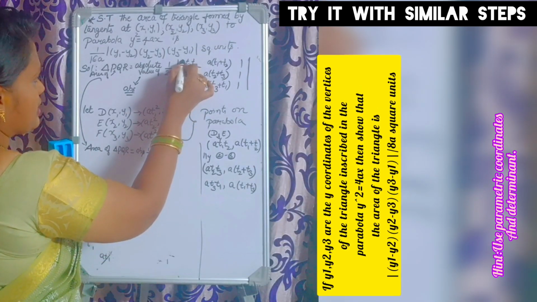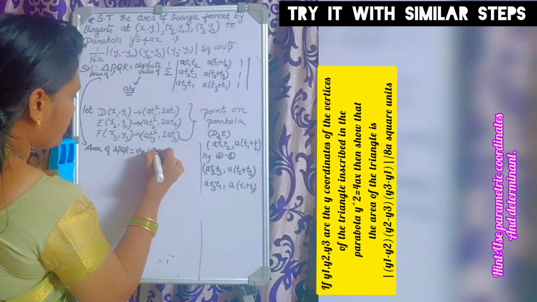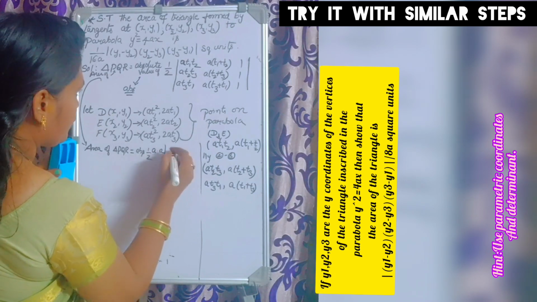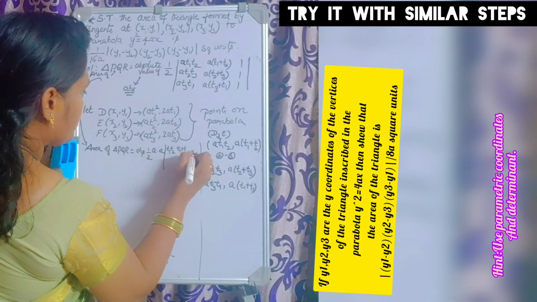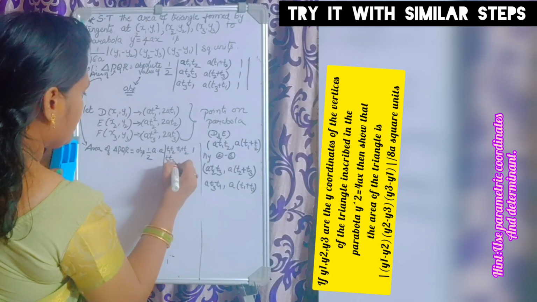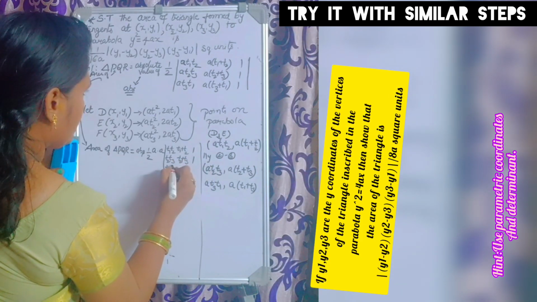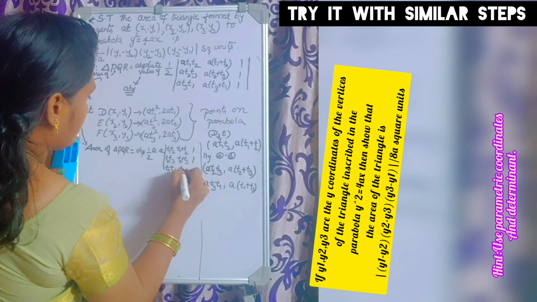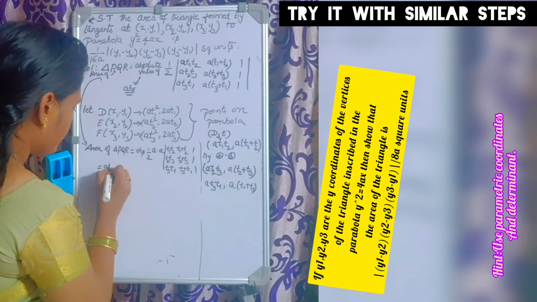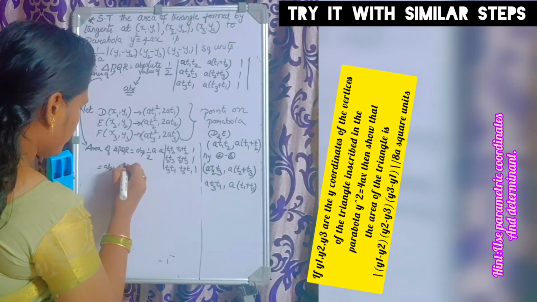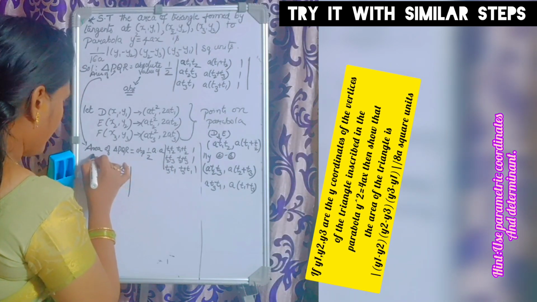If I take a common from the first column and second column, you will get a into a, and the determinant will be (t1 t2, t1 plus t2, 1), (t2 t3, t2 plus t3, 1), (t3 t1, t3 plus t1, 1), right? So which is equal to the absolute value of a square by 2. Here I will take R1 dash